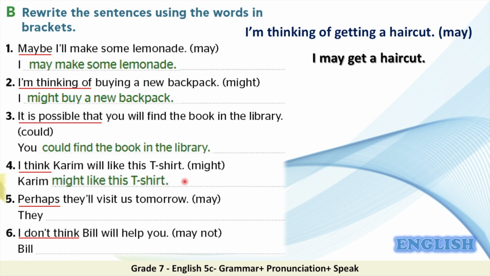Excellent. Kareem might like this t-shirt. 5. Perfect. They may visit us tomorrow. Finally, wonderful. Bill may now help you. Well done, my students. Now, let's move to the workbook,